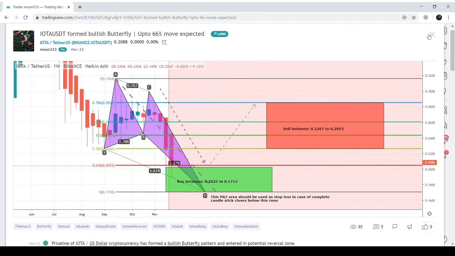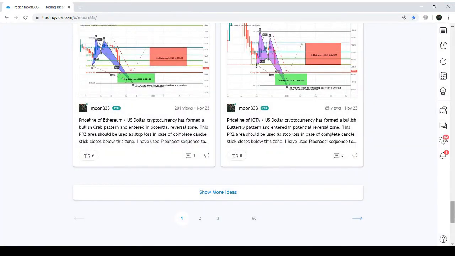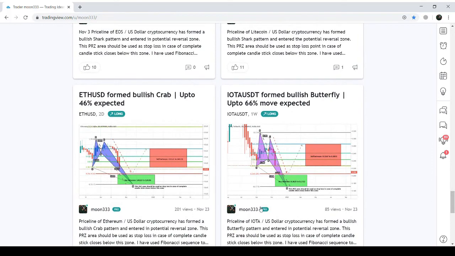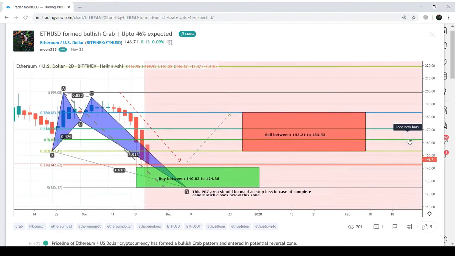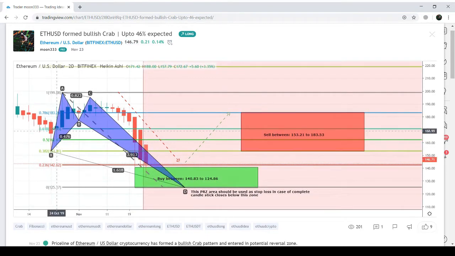Our fourth cryptocurrency for the week is the Ethereum with US dollar, and here we can see the price action has completed the bullish crab pattern and entered in the potential reversal zone completely. This is the initial leg, the A to B leg, as I have already told you in our first chart of XRP. The A to B leg of crab should be between 0.382 up to